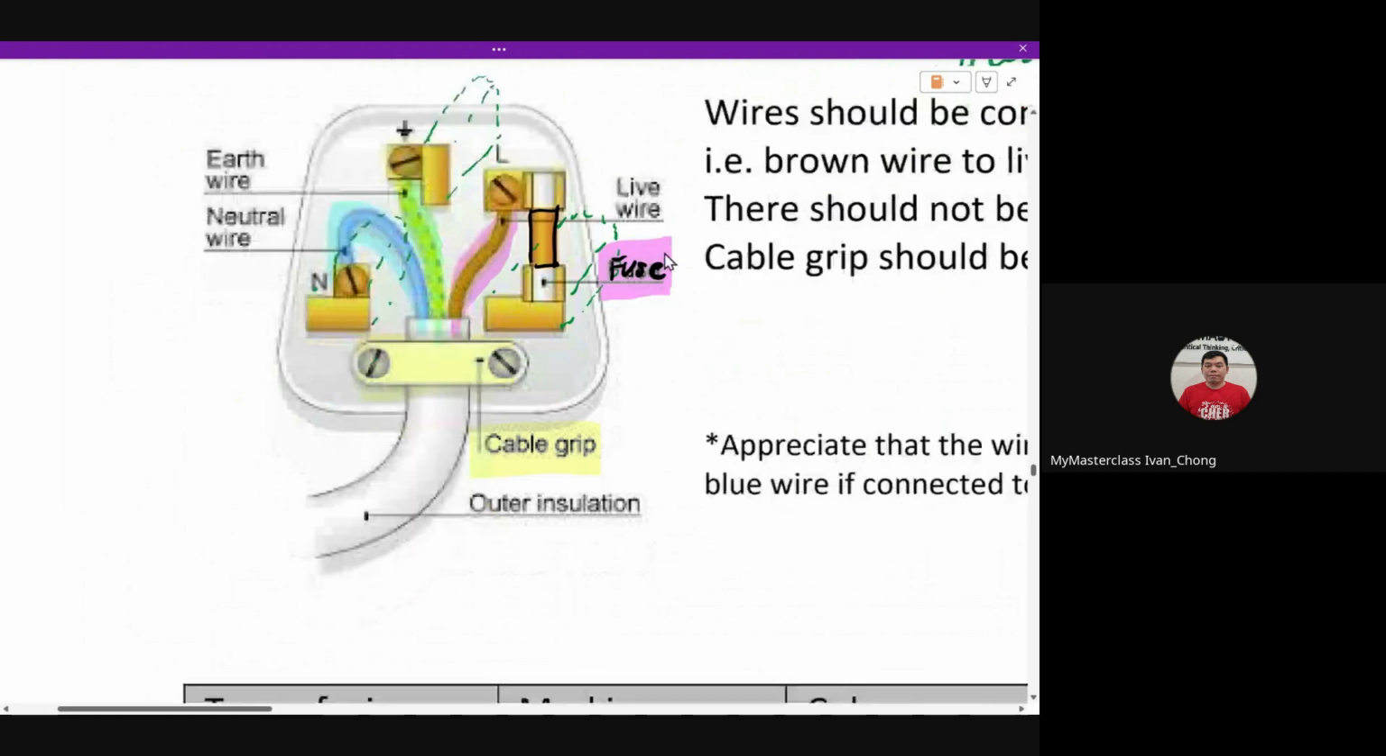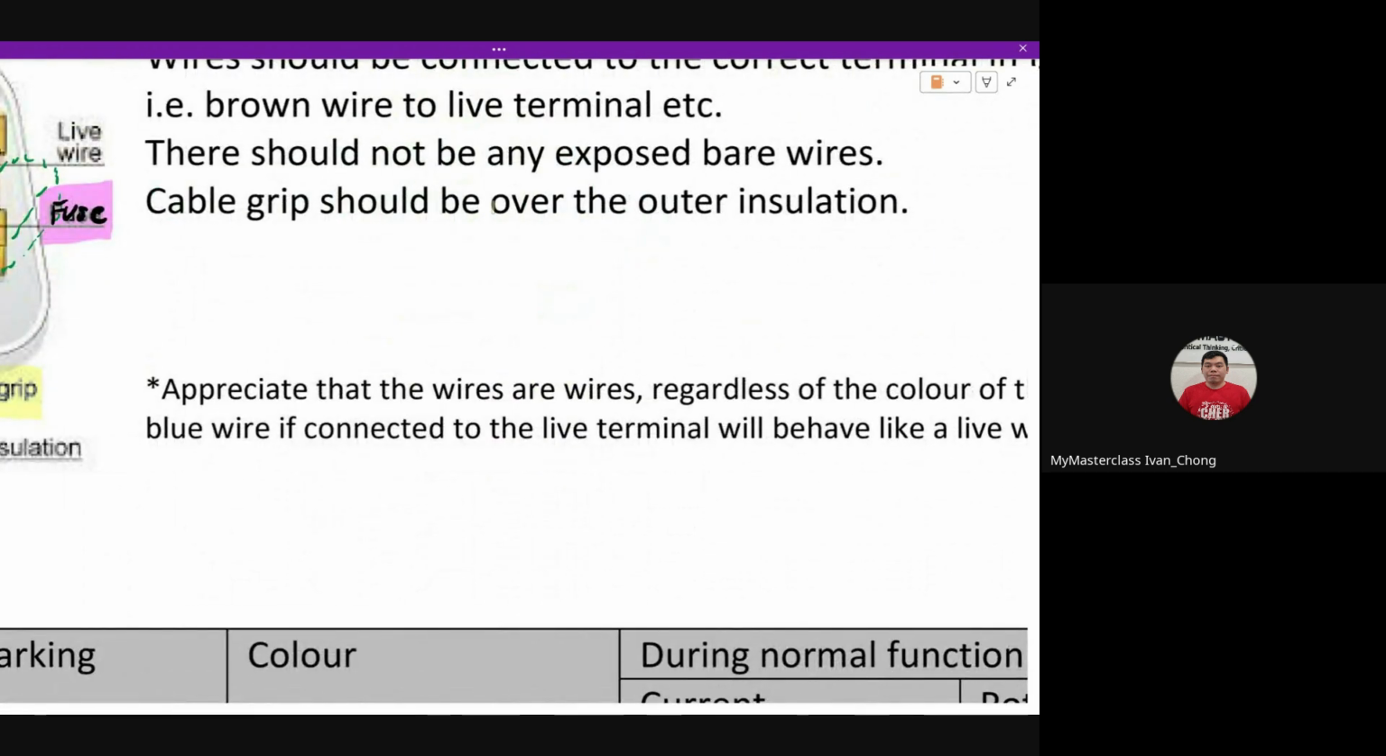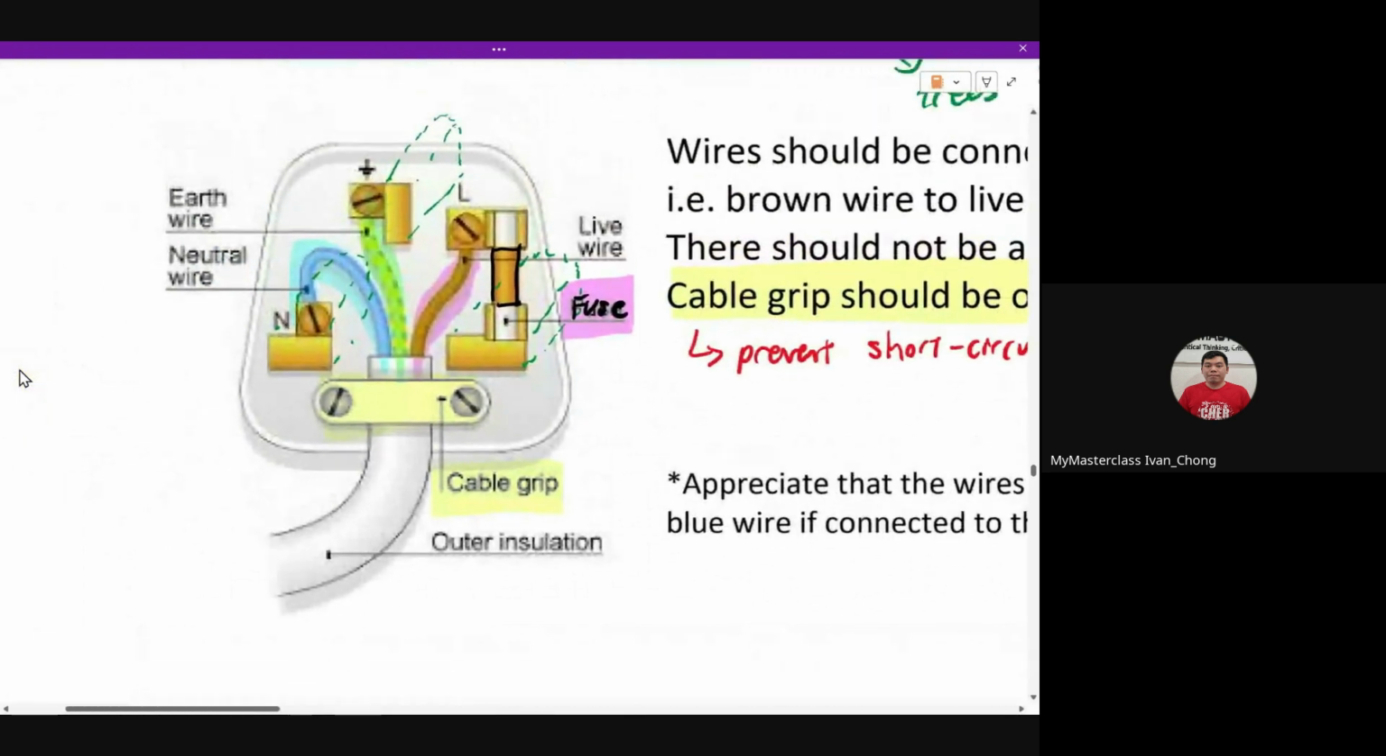Okay, so one important thing that a lot of people will forget is this thing over here, your cable grip. Your cable grip should always be above your outer insulation. This is to prevent short circuit. Because don't forget that the cable grip could be made of metal, could be made of plastic. If the wires accidentally touch the other parts, you can actually cause a short circuit, and short circuits are dangerous because you can produce a lot of heat and you could actually damage your environment. You could also cause a lot of troubles. We'll learn more about the troubles later, but do take note, your cable grip must always be above your wires,